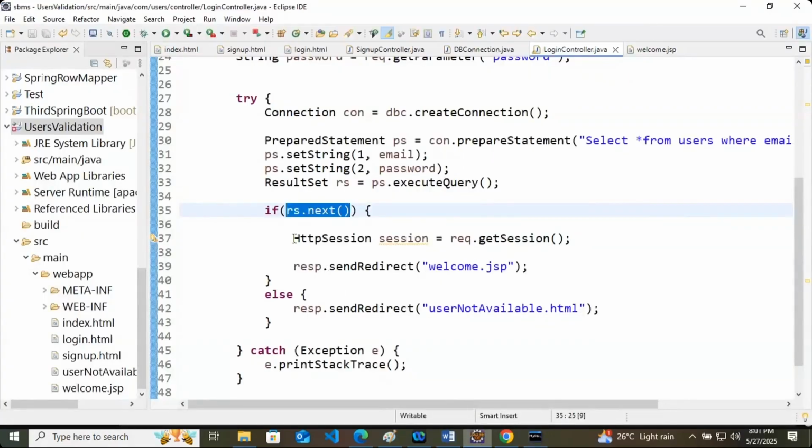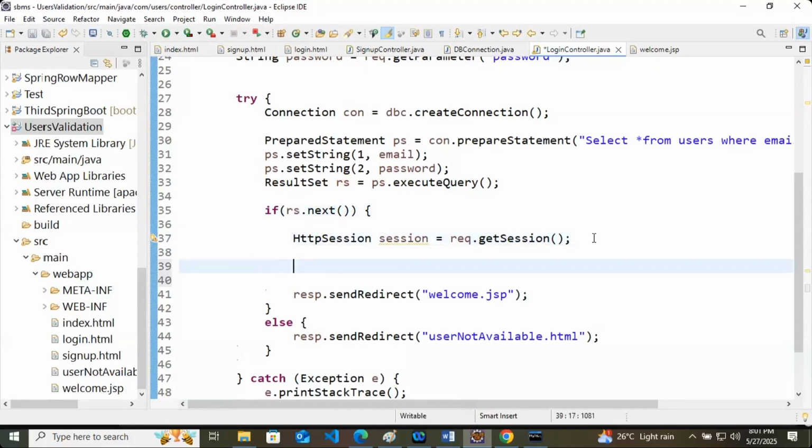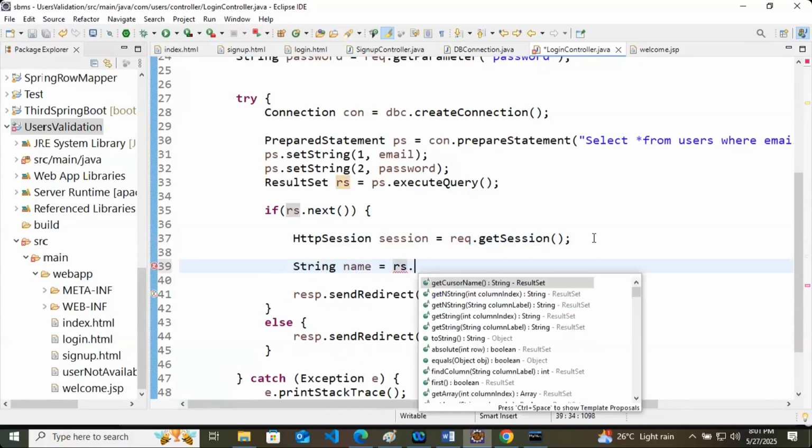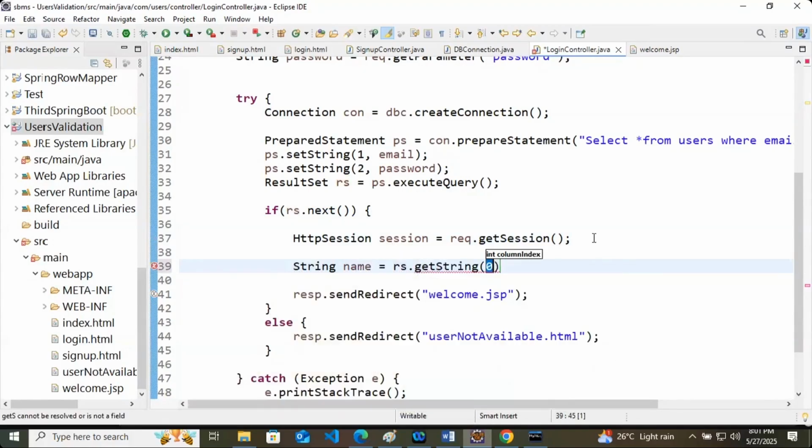So at first I have created the session here. Now I need that name which is available inside rs. So here I will create String name equals rs.getString.